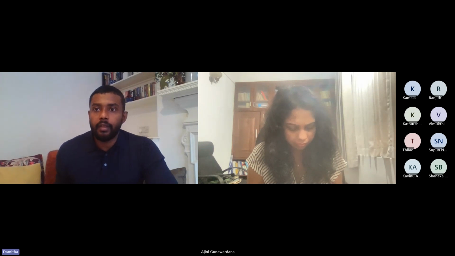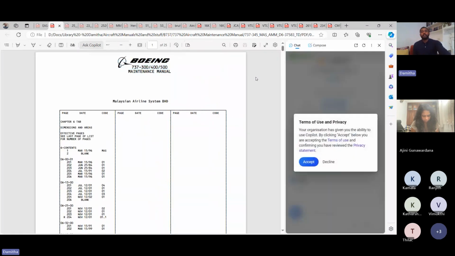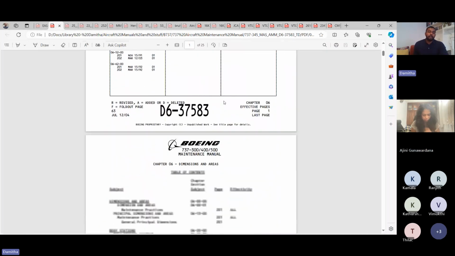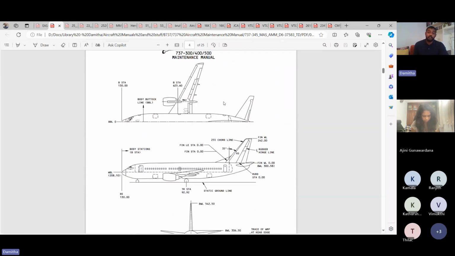So this is an extract from a Boeing maintenance manual. This is the 737-300, 400, 500 variant maintenance manual. So this is what you call the 737 Classic. The 737 is the most common commercial aircraft currently used, and the Classics were very old versions of it. They started back in the 70s, even the 60s, if I'm not mistaken. There were earlier variants, the 100s and 200s, that came in the 60s, if I'm not mistaken.